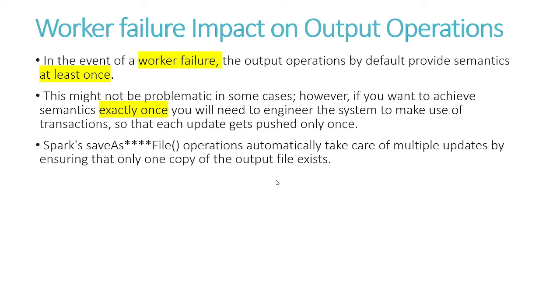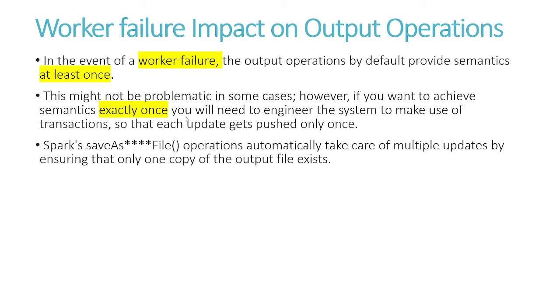Worker failure impact on output scenarios. In the event a worker node fails, the output operation by default provides the semantic of at least once. If you want to write into files, that is automatically taken care of, handling multiple updates by ensuring that only one copy exists, so no duplicated copies exist for your final operation. This may be problematic in some scenarios where you want to achieve exactly once,